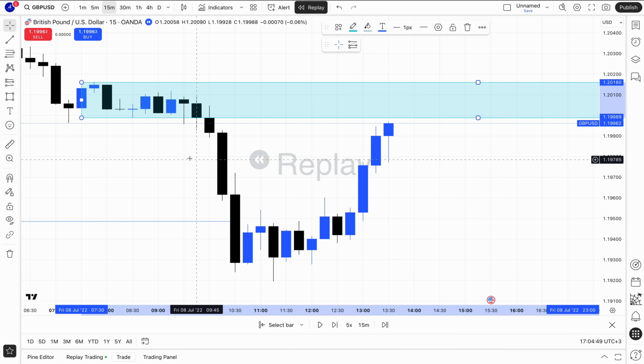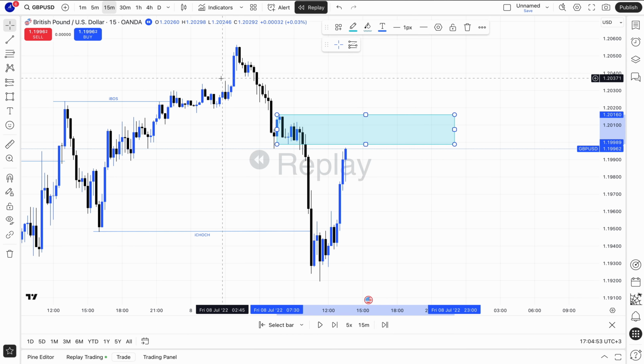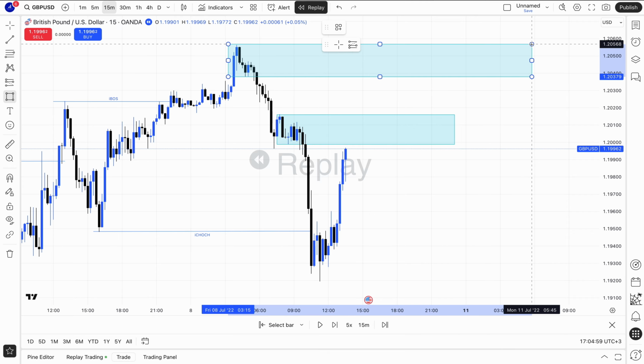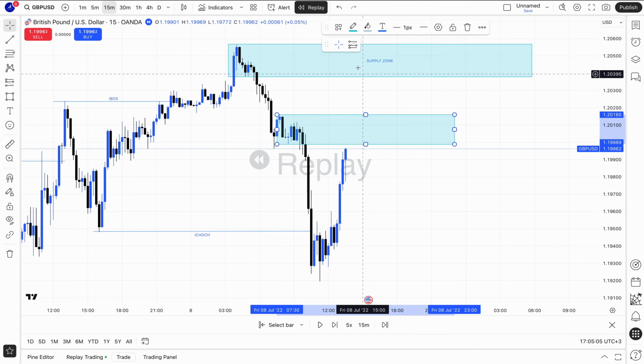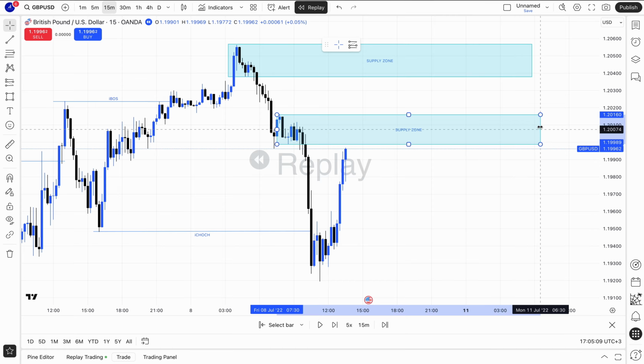Let me have a clear. Let's first see. You also have this demand zone here. That one. Yep. Also have this one. Sorry, supply zone. Also have this supply zone. This supply zone here. Just need to find out which one is valid